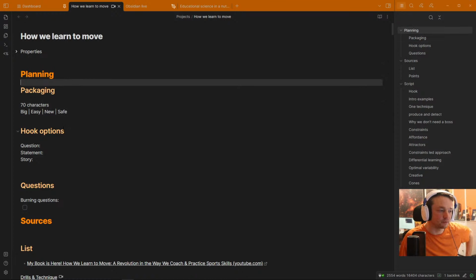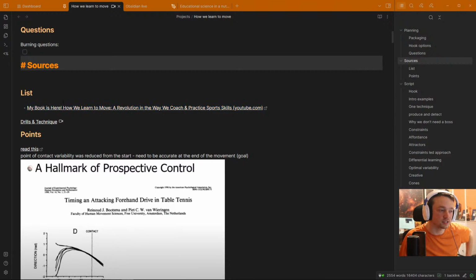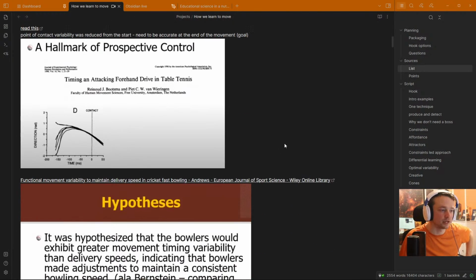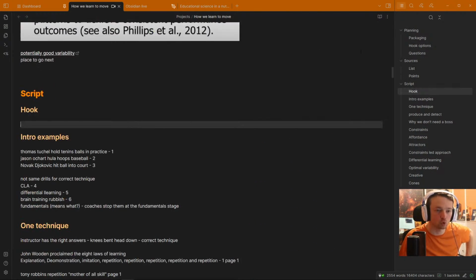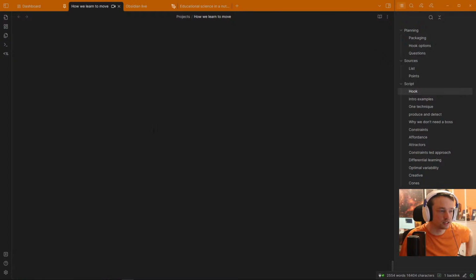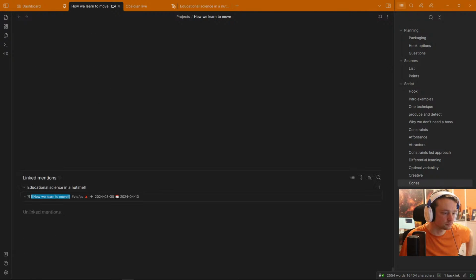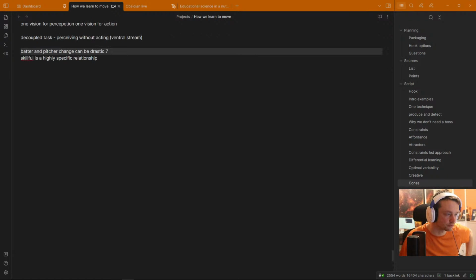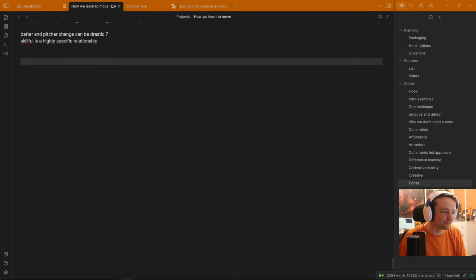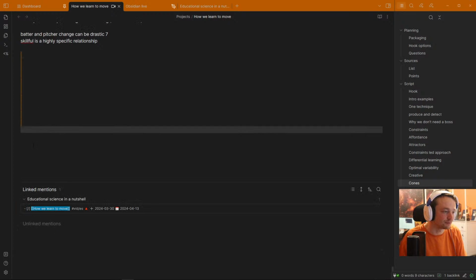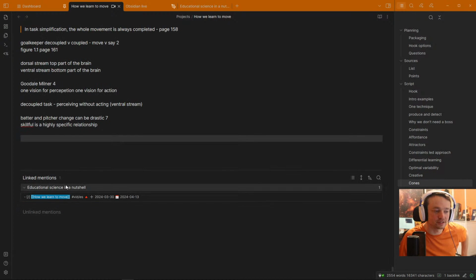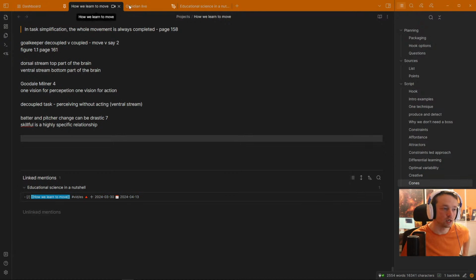So we've got planning, packaging, headings. There's the sources. This is the source list. It's a book. And then here's the points that come from all the different sources. If we scroll down to the bottom. Oh, did I scroll too far? Oh no, I just have loads of space at the bottom. This is me where I just added enter so many times. There we go. You can see it's linked inside of the Education as a Science, which is the main dashboard